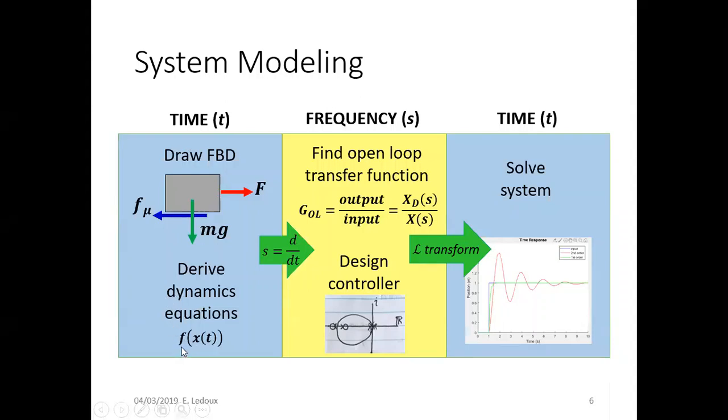You'll get the force and position as functions of time. So then you move to the frequency domain. And this is a domain where math is easier, but it's not real. So we have this fake variable, the frequency variable S, which represents a derivative. We write all